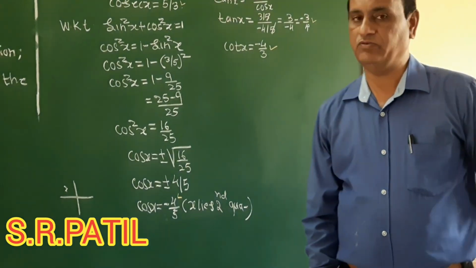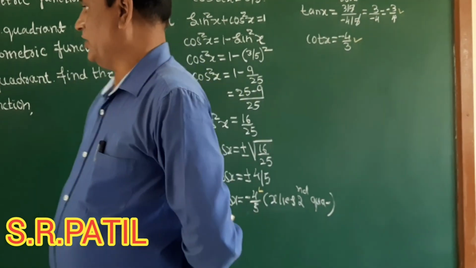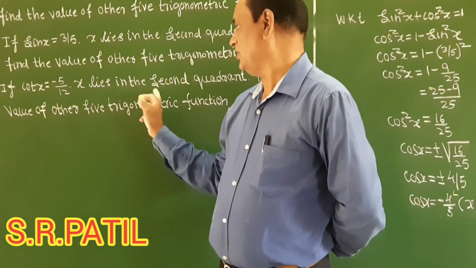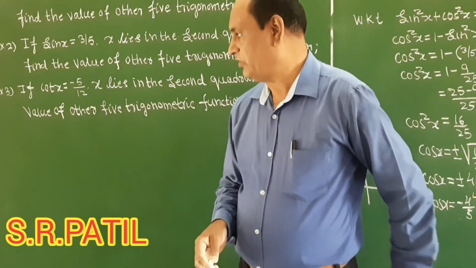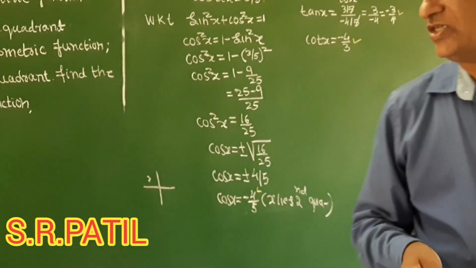Then come to the third one, example number 3. So if cot x is equal to minus 5 divided by 12, x lies in the second quadrant, then you have to find the value for the other 5 trigonometric functions. Last problem is the